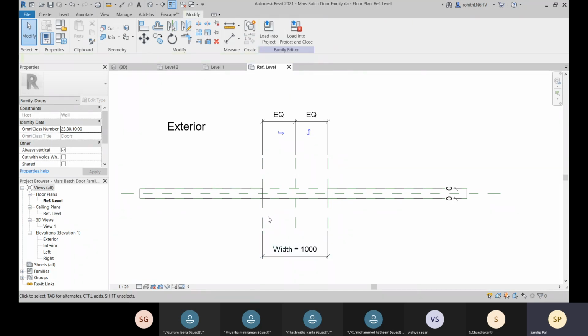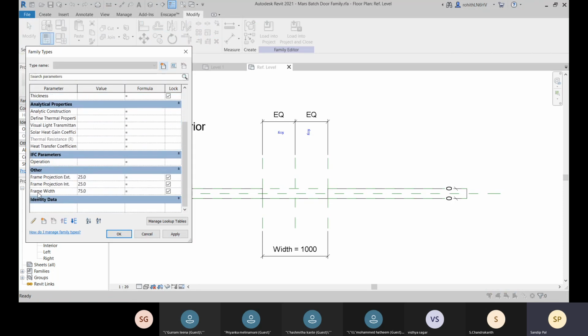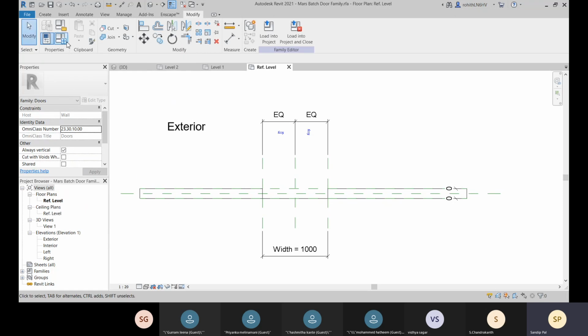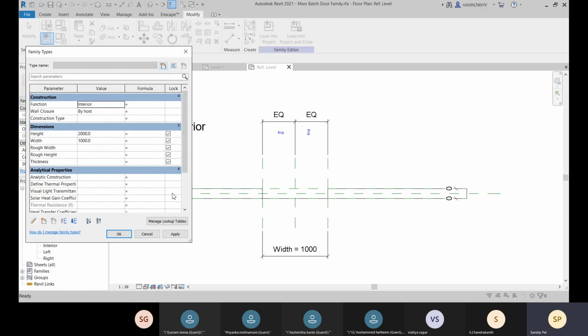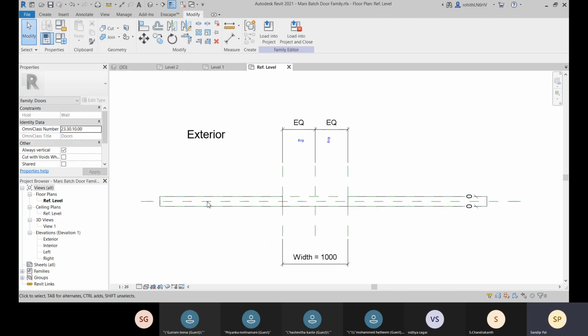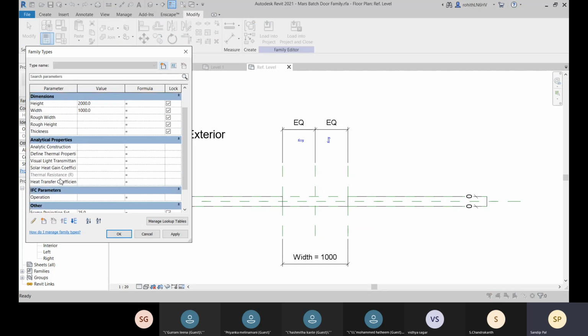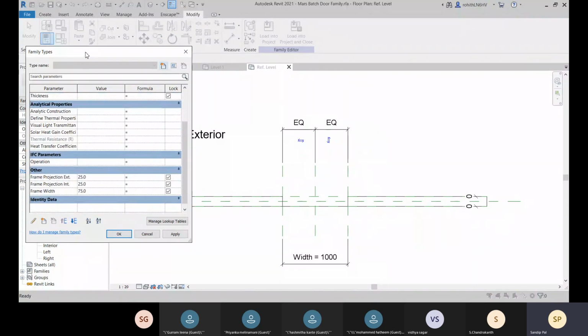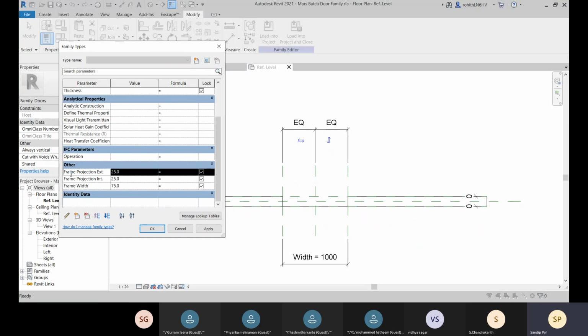We will create our own. You come to this family type window, and there at the bottom you already have this. So if it is listed there, that doesn't mean it's applied. And if it is not within our screen, that doesn't mean it is not created or that it is deleted. It is listed within this family type or this parameter list. So if you don't need this, we can delete it.